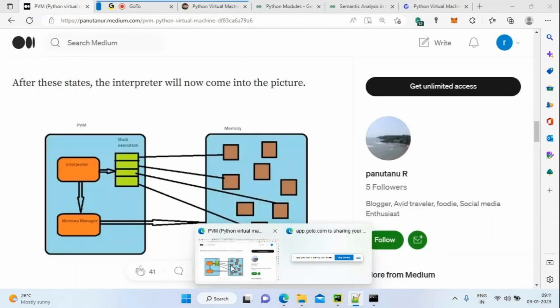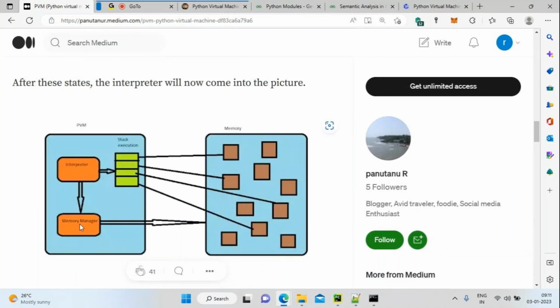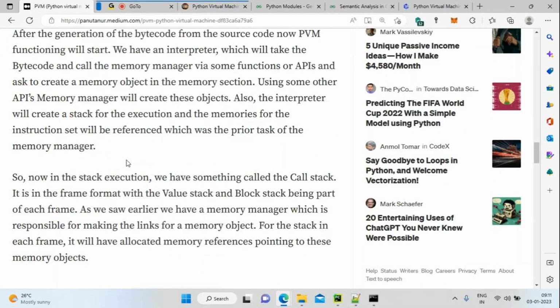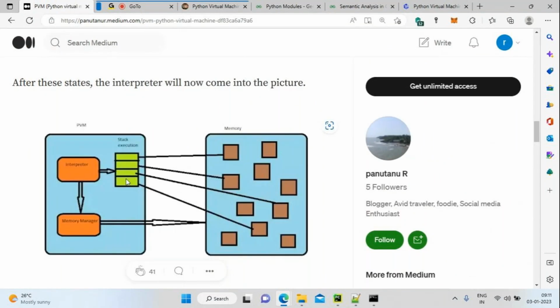Now, I already discussed the memory manager. It is going to create the object, and it will also keep links to the various objects, and the object reference will be stored in the stack. The memory address will be stored. Next, I'm going to talk about stack execution.